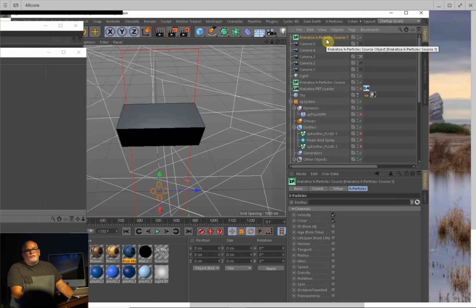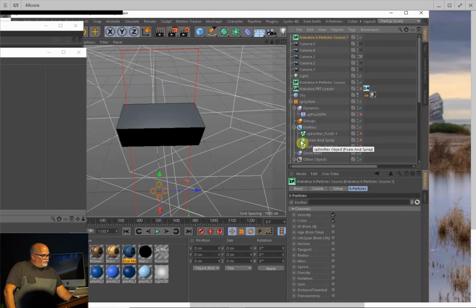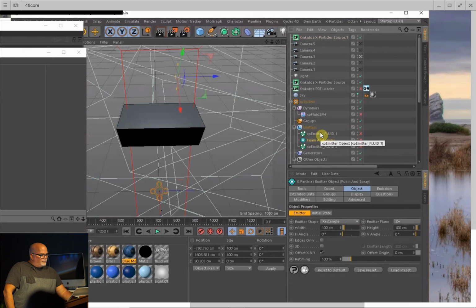So after you've generated, you can set up... in 3.5, you created a particle generator. You then told it to create particles based on another particle generator. That became your foam. That has all gone away in 4. I can't show you. These tags are still in here from 3.5, but they're non-functional. Right here you see this foam and spray, which was set up off of emitter 1, fluid 1, and fluid 2. That has now been replaced,